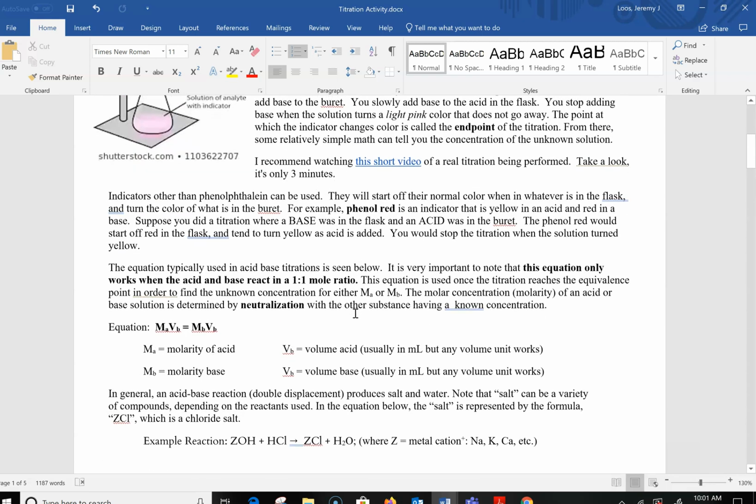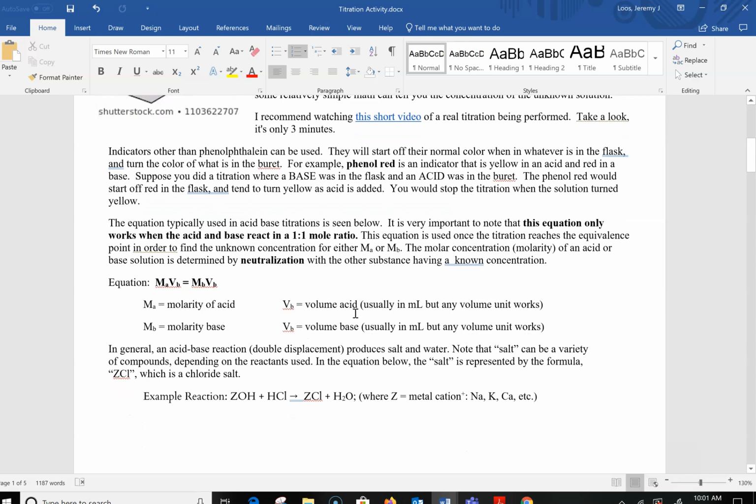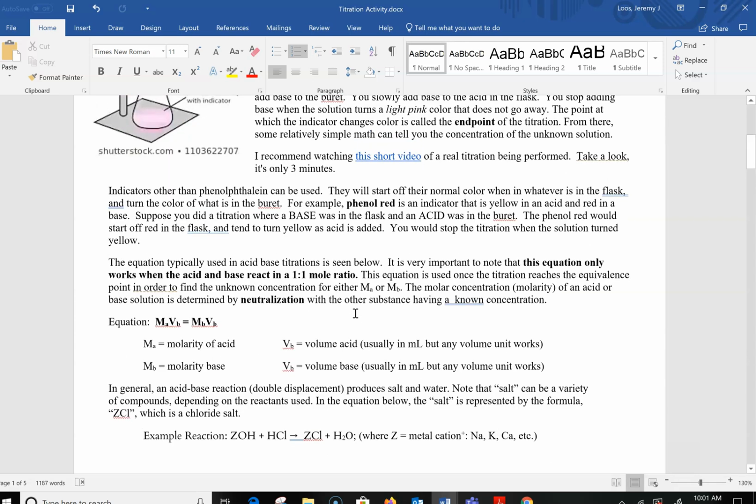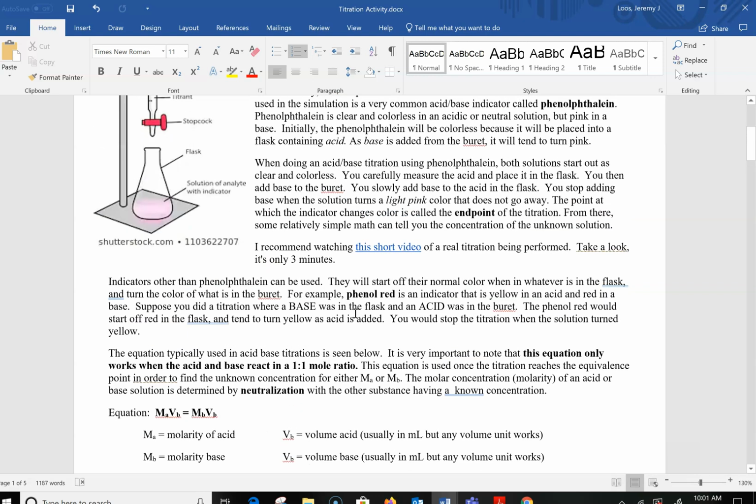There's other indicators. Phenolphthalein is a great one to use for a lot of reasons, but for example, phenol red is another one that you could use. Phenol red is yellow in an acid and red in a base. So if you did your titration and you had the base in the flask, and you had the acid in the burette,